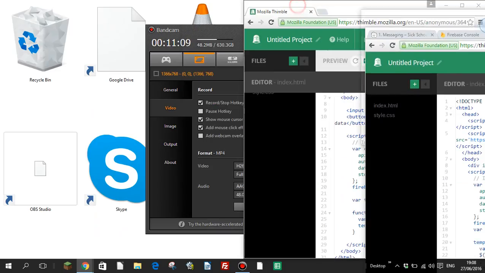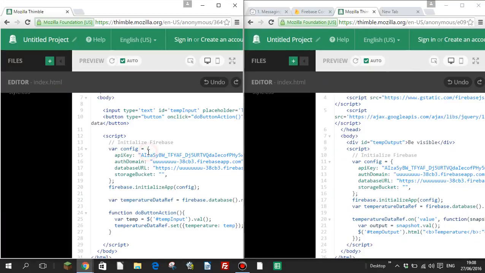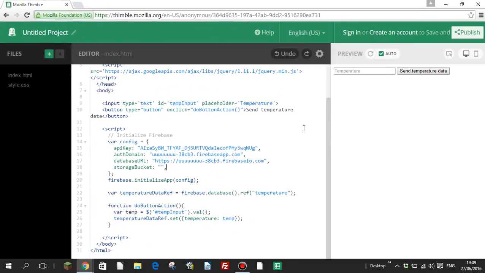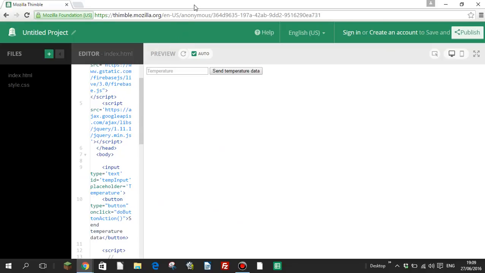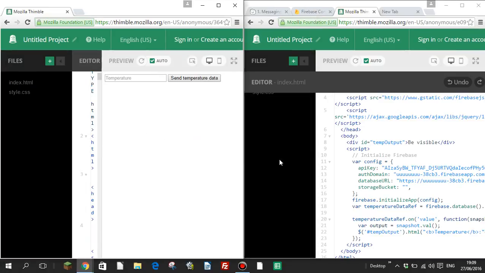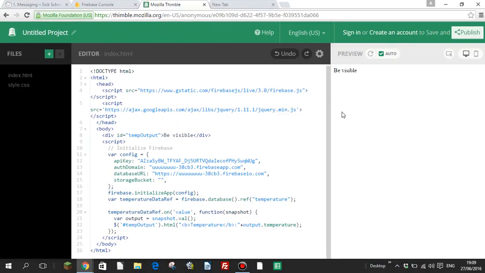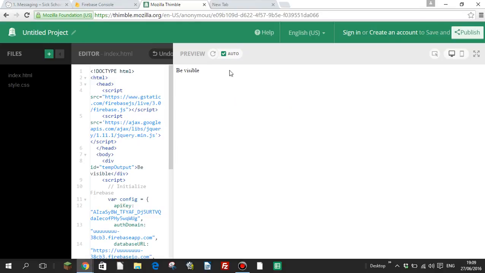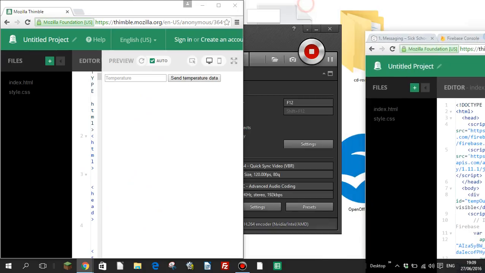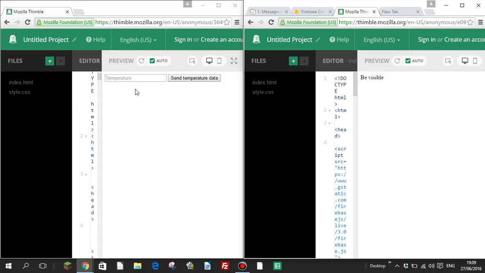use our little example. Let's use our example. So how do I use the example? Well, let's make it so we don't see so much of the code, because we don't care about the code right now. We want to show this thing in action. So let's squeeze this as well. This is the code. This is the code in action. All right. So I put in that, press send,